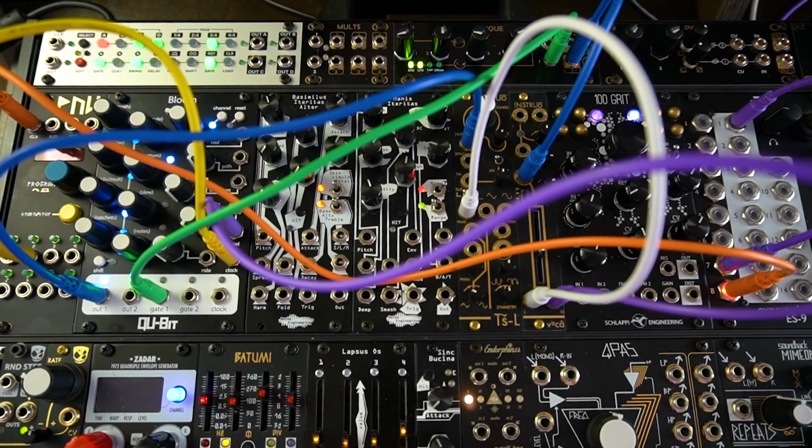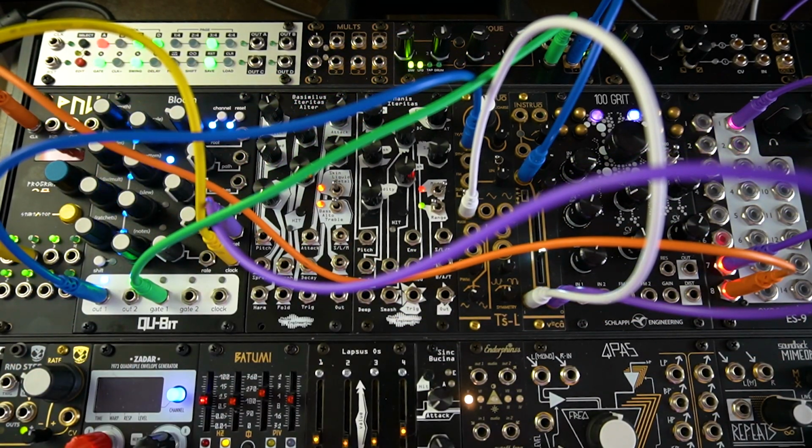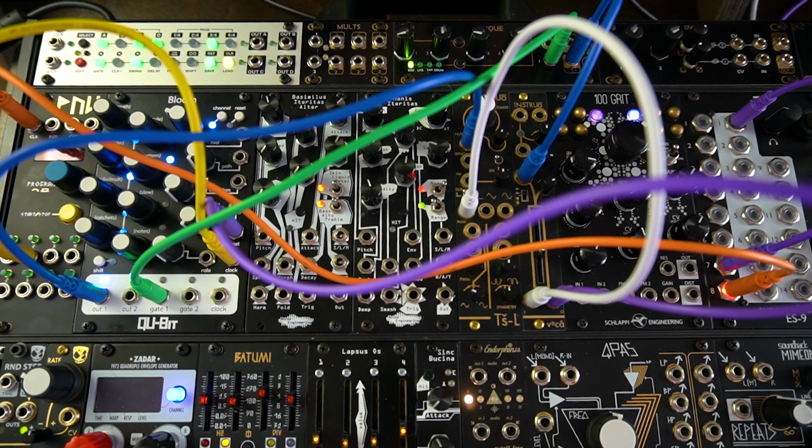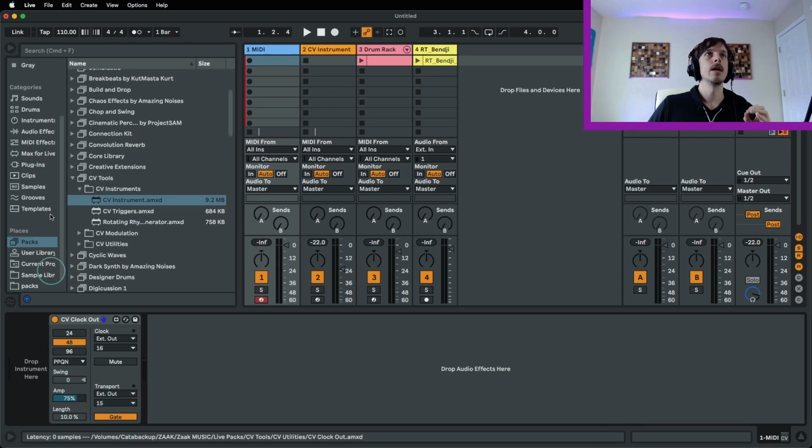So that means every time I hit play, it's going to restart at the beginning, which is exactly what I want. And we can check this with the metronome. So great, everything's starting on time, it's staying on time, and if I were to start layering this with a drum beat,